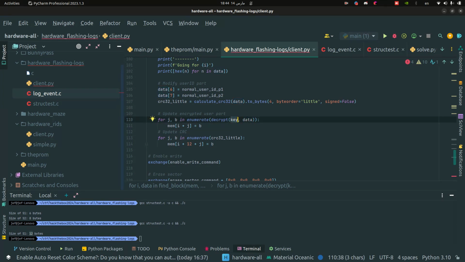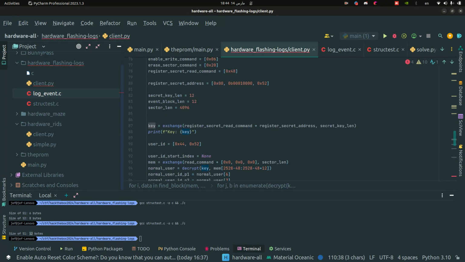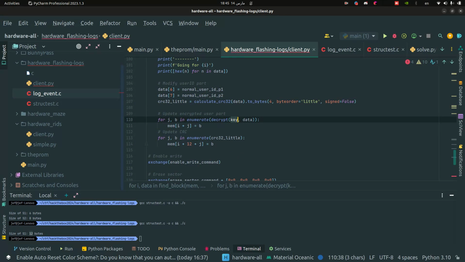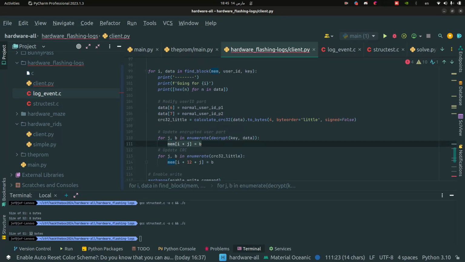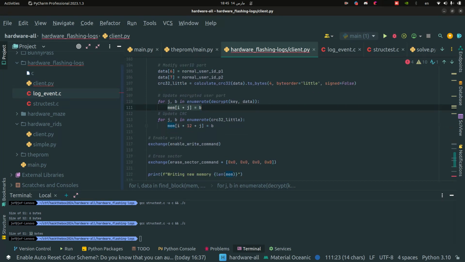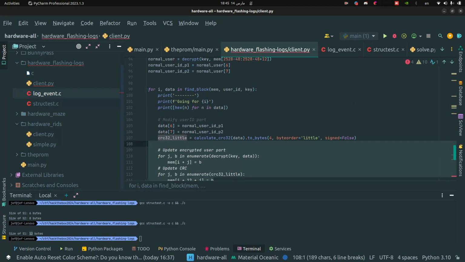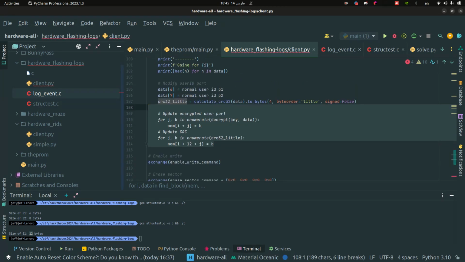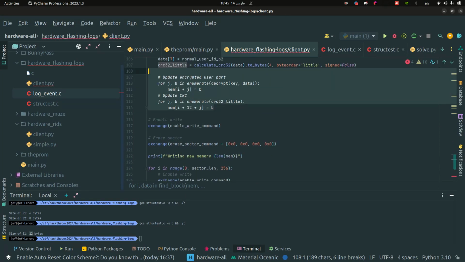So I will first encrypt this part of data with the extracted key that we got before, and update this in the extracted memory from the sector. And then I will have to update the CRC part as well. So now we have the modified memory locally available, but